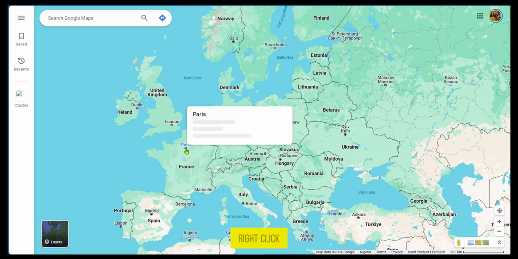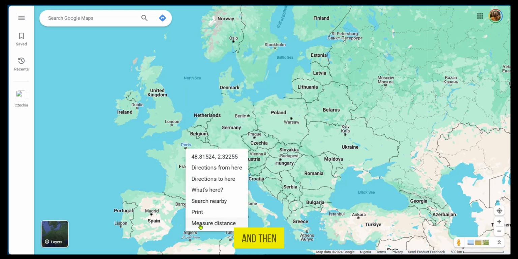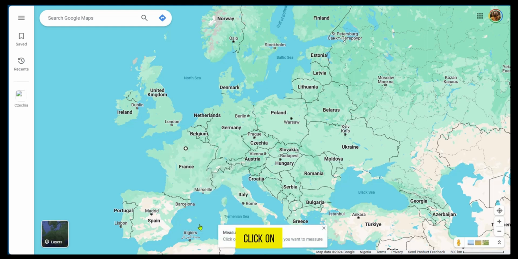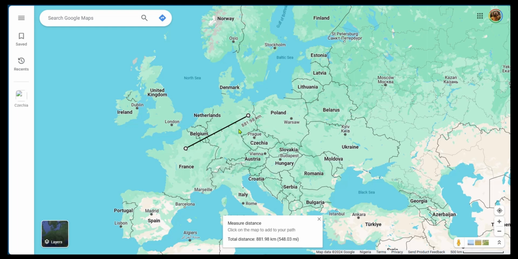So we're going to right click on Paris, and then at the bottom option here you have measure distance. So you're going to click on it, and then all you need to do is to follow the instruction here to click on the map to trace the path you want to measure. So if we're saying Paris to Berlin, we're going to click on Berlin, and you can see it's about